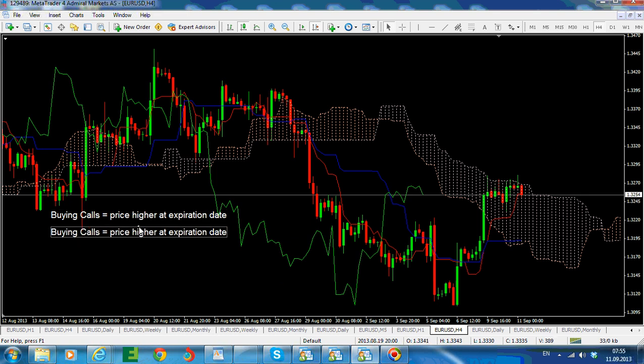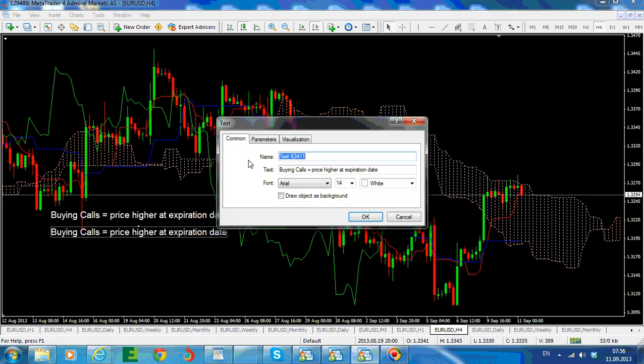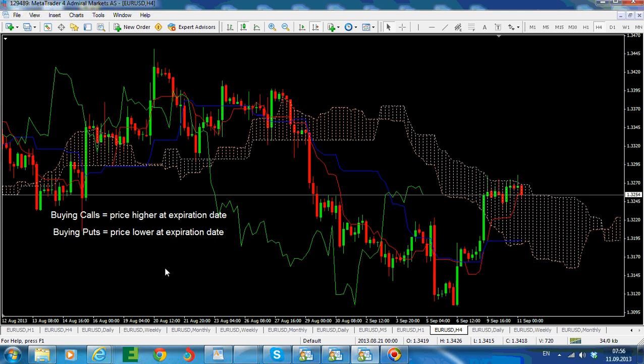On the other hand, if you are buying puts, then you are looking for price to be lower at expiration date. For the regular spot market, this would imply going short. Based on the above, the expiration date is important when trading binary options, and